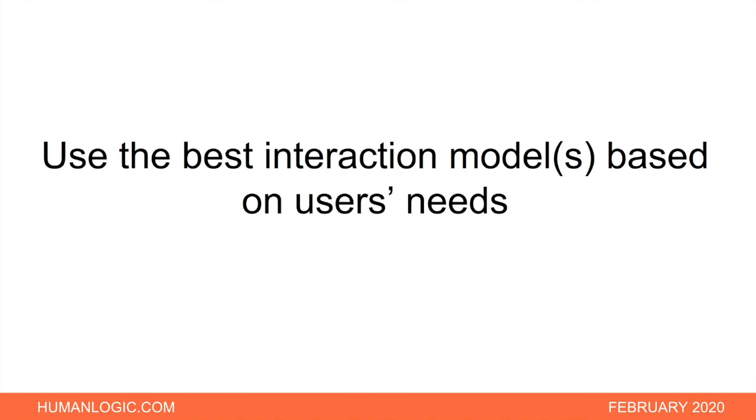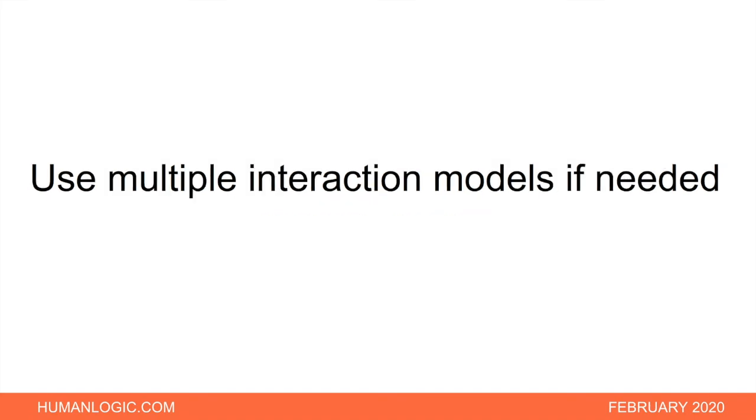We made our best design choices, but it was really after deployment in the field that we were able to hear from users what they wanted, and we ended up having to use multiple interaction models. So don't be afraid of using multiple interaction models if that's what the user experience demands, if that's what users need, and they're telling you what they want,